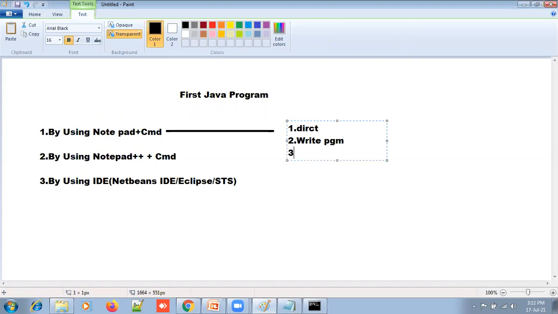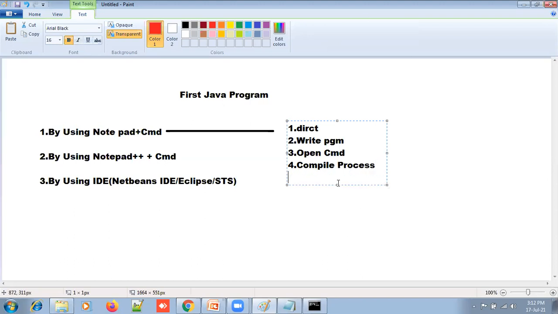Then, to process the compilation, open command prompt. The next, fourth thing, is compilation.